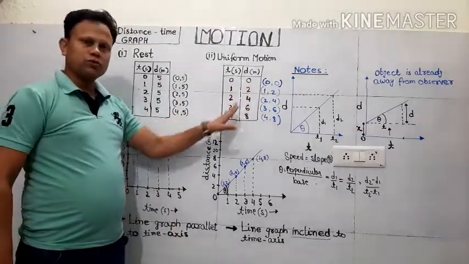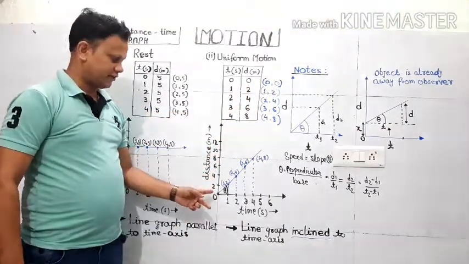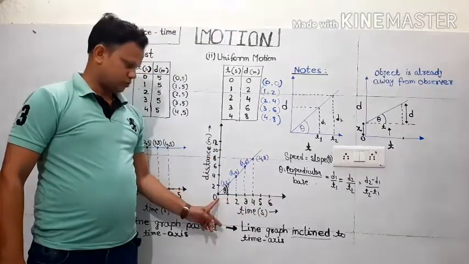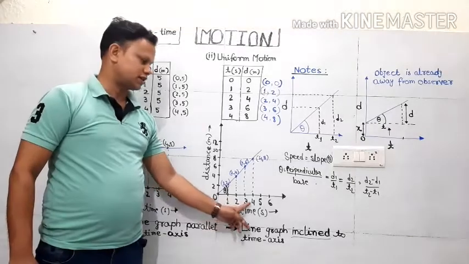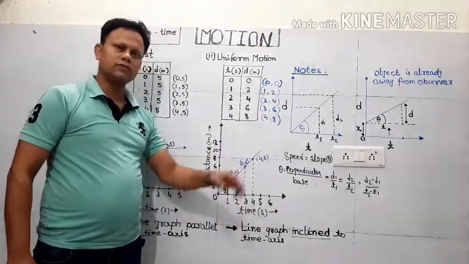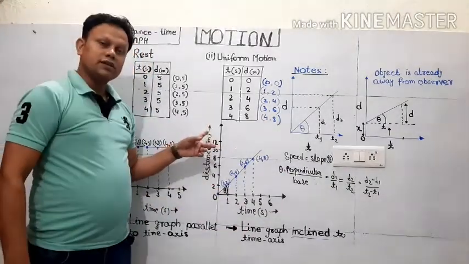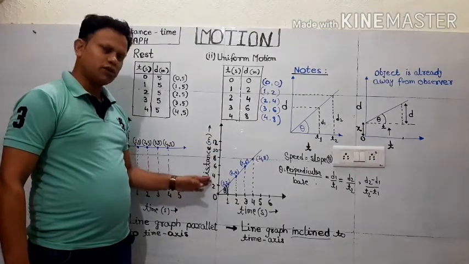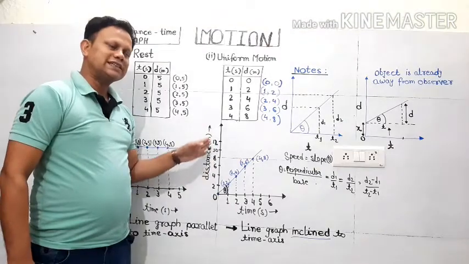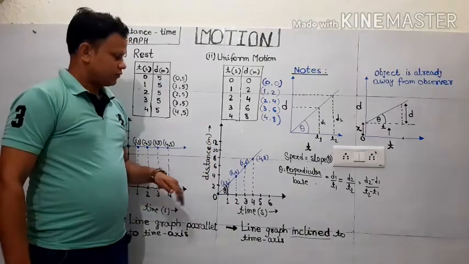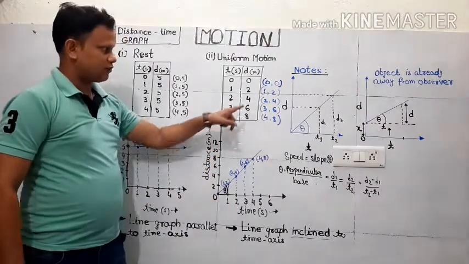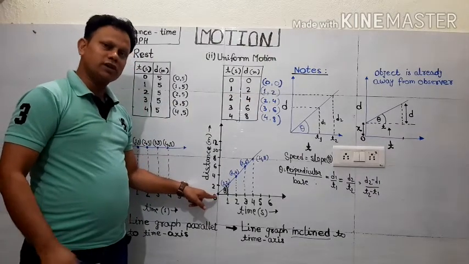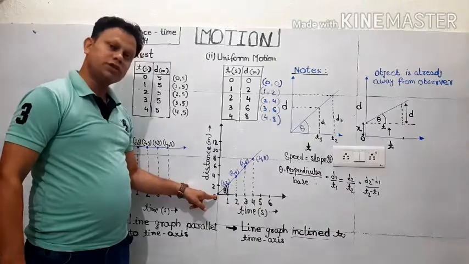So now it's time to show it on the graph. Again, we'll take this line as the time axis. So suppose 0 second, 1 second, 2 second, 3 second, 4 second, 5 second, 6 second, and so on. And this will be taken as the distance line: 2 meter, 4 meter, 6 meter. According to our convenience, we can take the scale. Now, it's time to show the data. Now 0 second, 0 meter, so this same point indicates both the location.